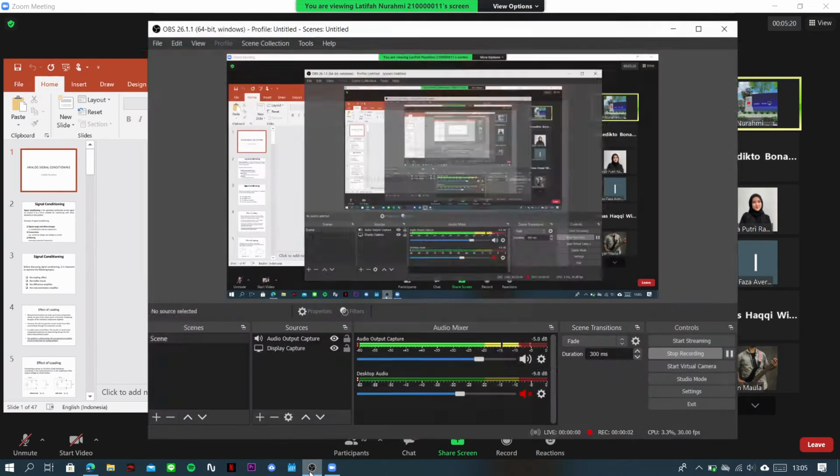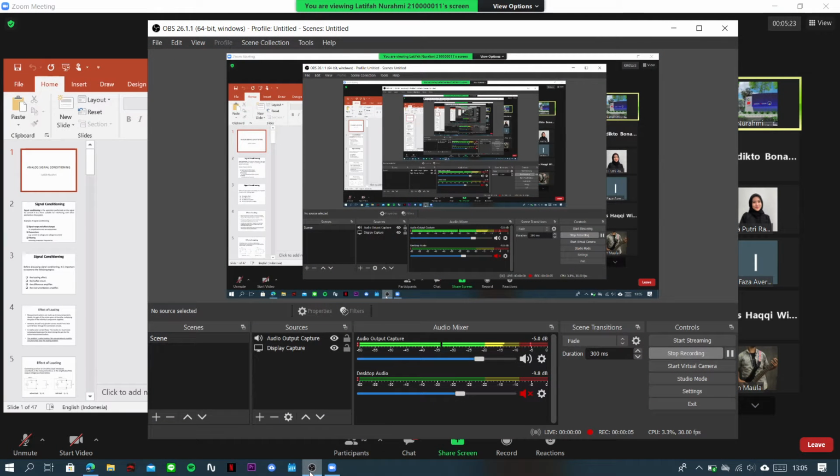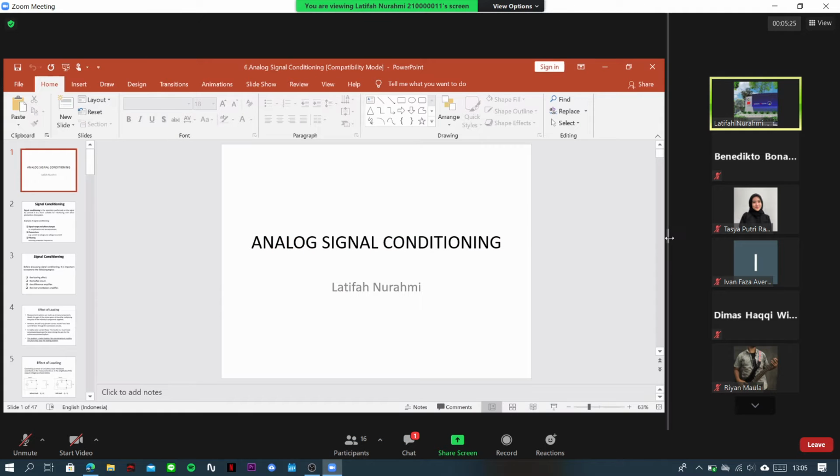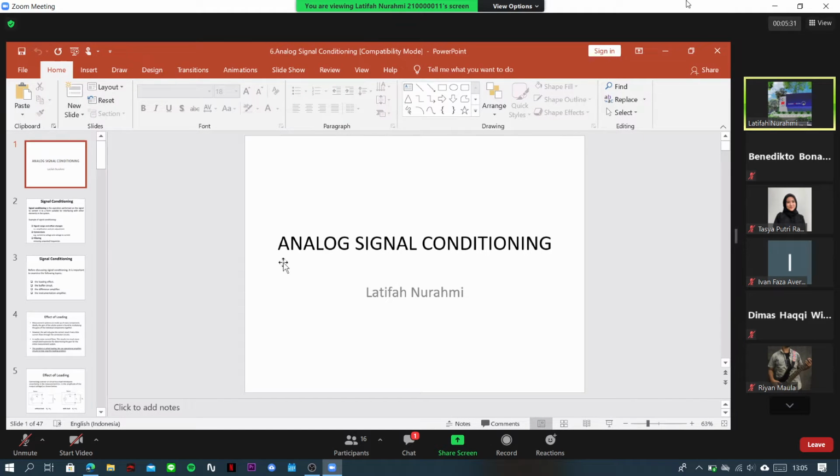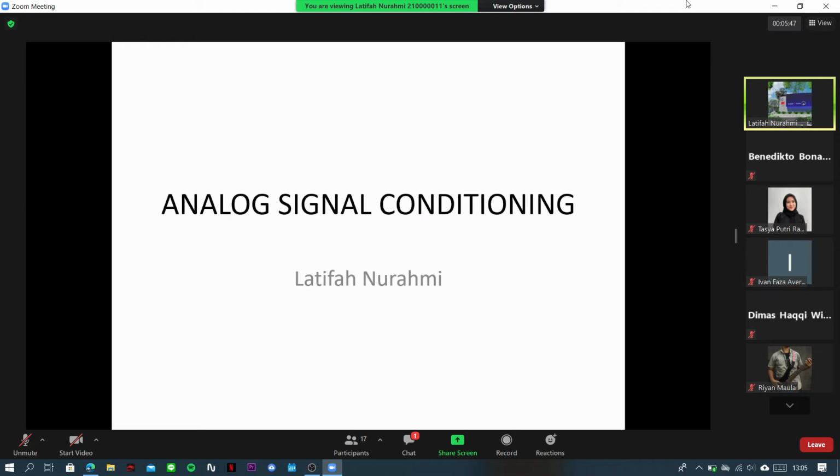The last topics of sensors were about strain gauge, and also a brief introduction about signal conditioning, if I'm not mistaken. But anyway, I will start and review again about signal conditioning. So the next topic, after you finish with many kinds of sensors, you started with temperature, thermocouple, RTD, then continue